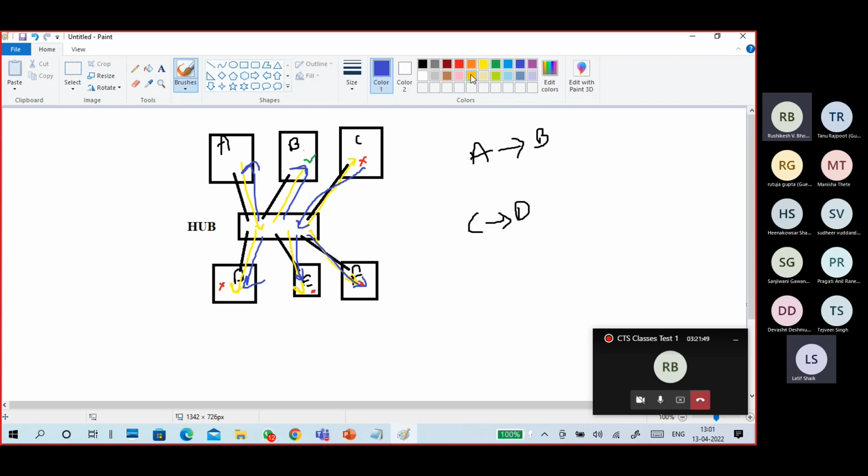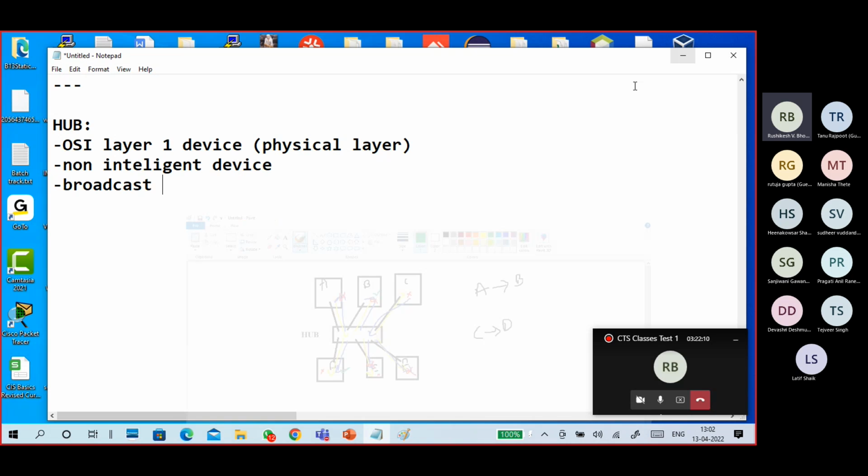The devices verify and drop the packet: not belongs to me, not belongs to me, not belongs to me, not belongs to me, it belongs to me. Like that, it will accept this packet.